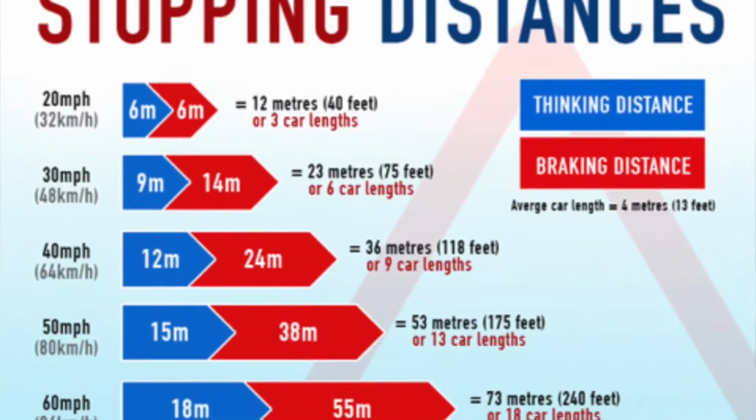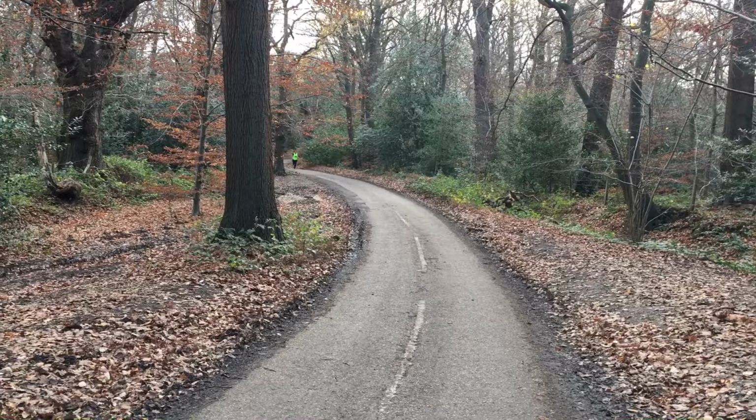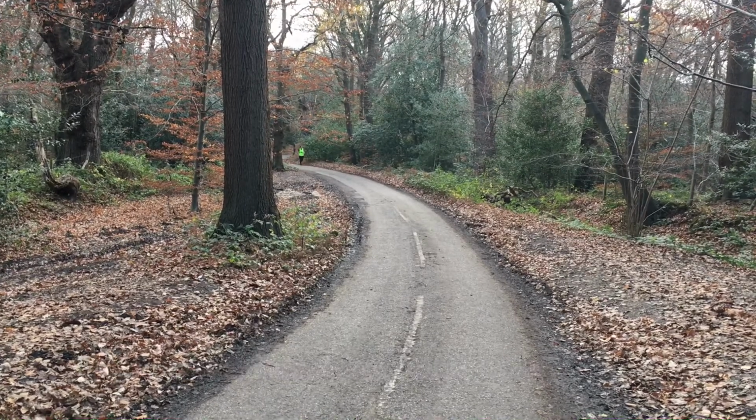And I went back, it's a long time since I did my driving test, actually it's 30 years, and I looked at the stopping distances, and actually at 70 miles an hour, the stopping distance is 96 metres. That's like a full sprint at the track. Nearly a 100 metre race. Yeah, and that was a real shock for me, I have to admit,